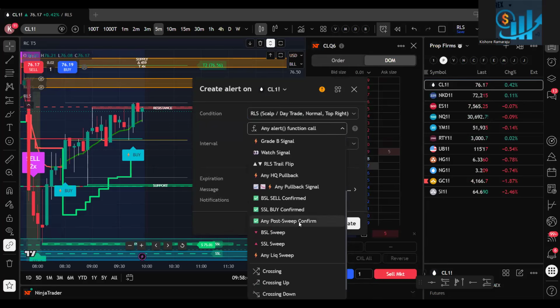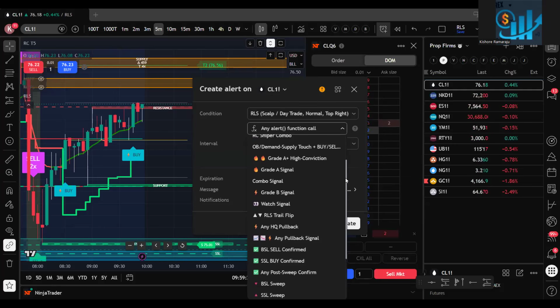One is you set it on any post sweep. That means either buy or sell. You want to see both sides so that you can take long, you can make money. You can take short, you can make money. Or if you want to know even before that happening, you want to be ready. It may happen on the next candle or the next but one. Then you can select this any liquidity sweep, or you can put one here, one here. So here you will be ready immediately. Next signal you get another buy or sell. You kept all your orders ready. Immediately you can take in prop accounts, you can take in personal account like that.